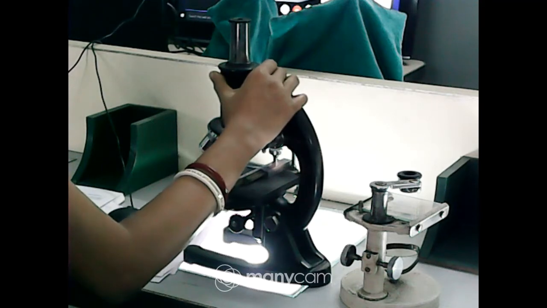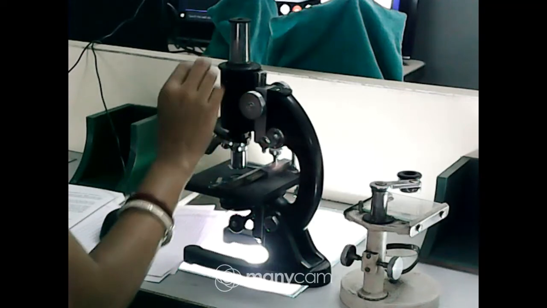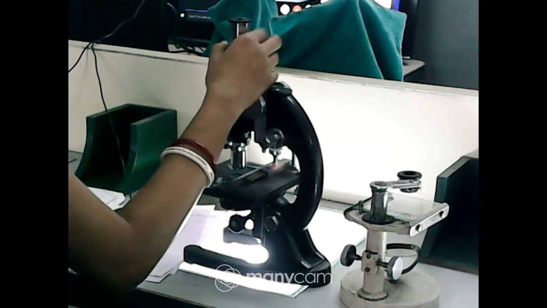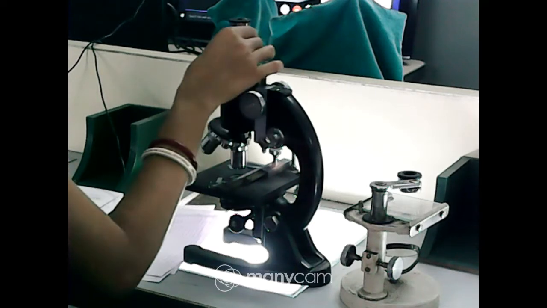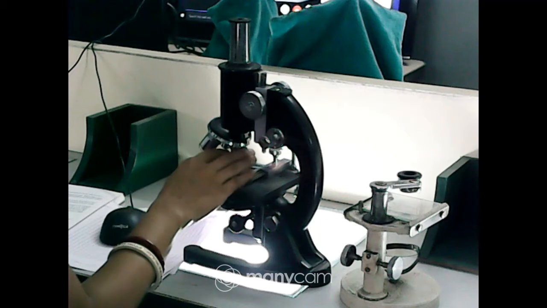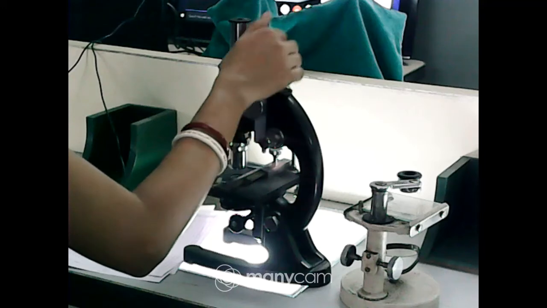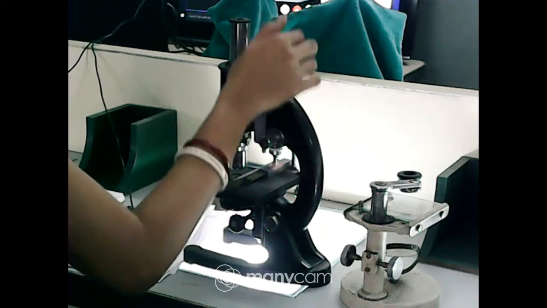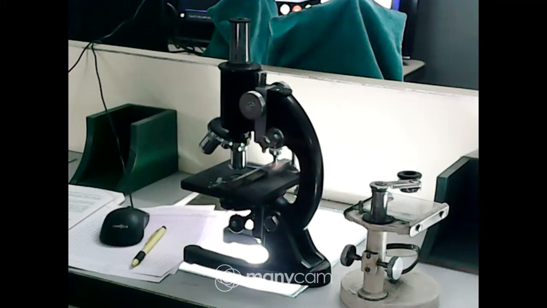What I was discussing is that these two lens systems are there. The first one is the objective lens, which lies close to the object, and the second one is the eyepiece or ocular lens, which remains close to the eye. The magnifying power of a lens can be written as 50x, 10x, 15x, 45x, 100x, like this. With the help of this x, we can say what the magnification power of the lens is.